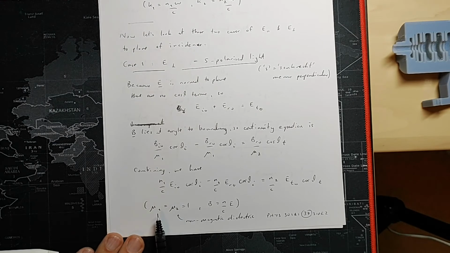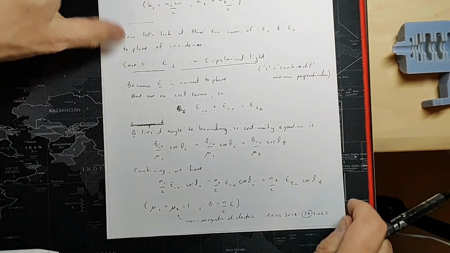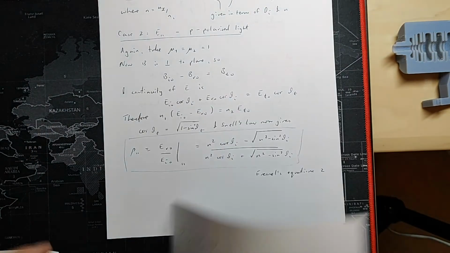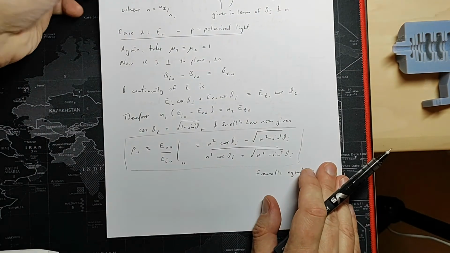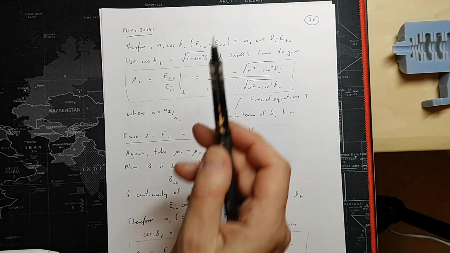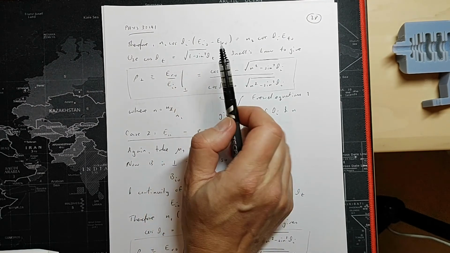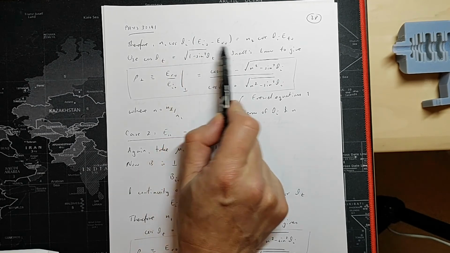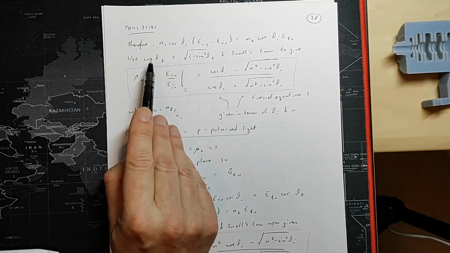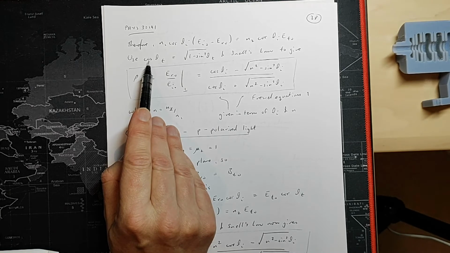Moreover, because I know that the permeabilities in a non-magnetic dielectric are typically 1, I can also relate the magnetic field to the electric field in this way, and by combining these ideas I can obtain a relation between the magnetic fields, that's what I've got here, and I can use Snell's law,